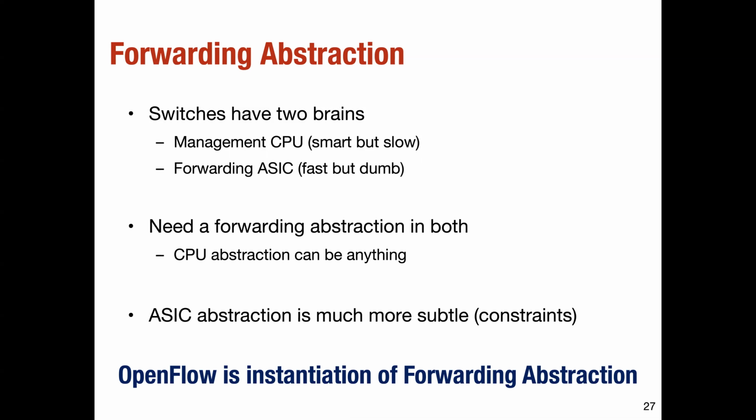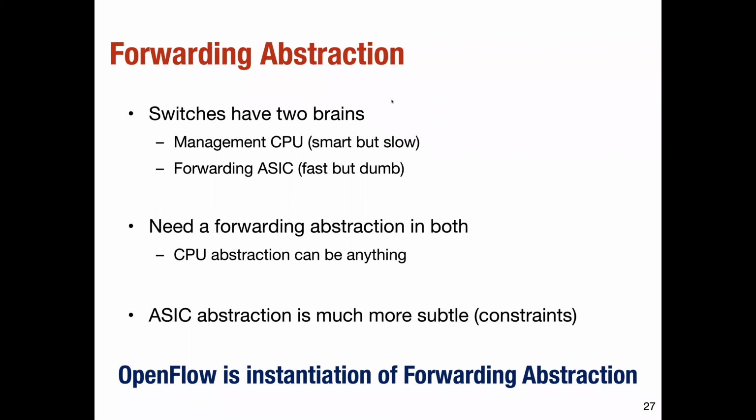As I mentioned at the start of the lecture, OpenFlow has always been associated with software-defined networking, but it is very important to differentiate OpenFlow and software-defined networking. Software-defined networking is a bunch of abstractions that help extract simplicity for the network control plane, but OpenFlow is just an instantiation of one of those abstractions, which is the forwarding abstraction. Now we are going to dig a bit deeper into OpenFlow, what it is, and how it enables the forwarding abstraction.